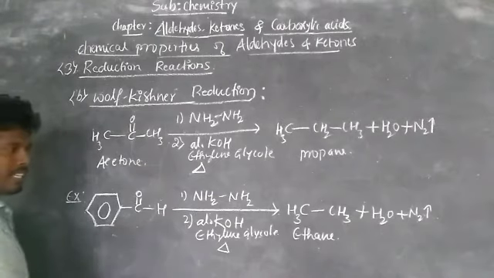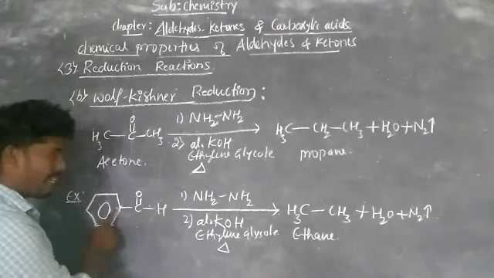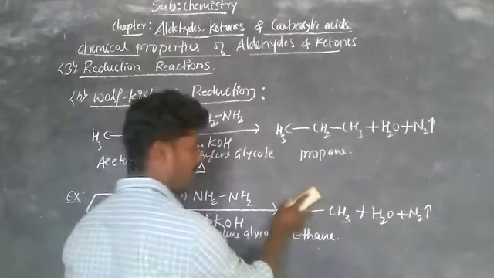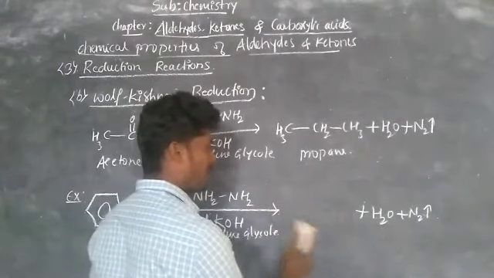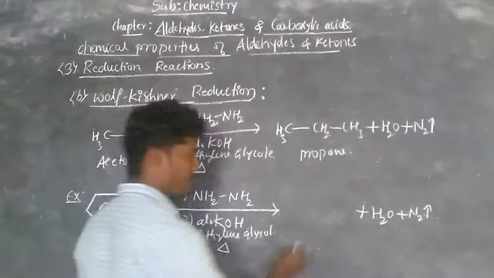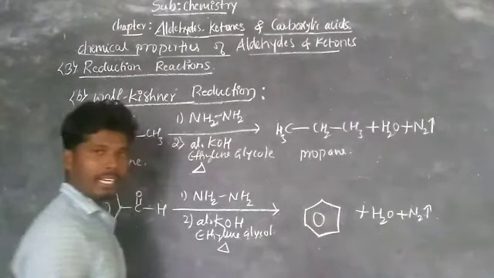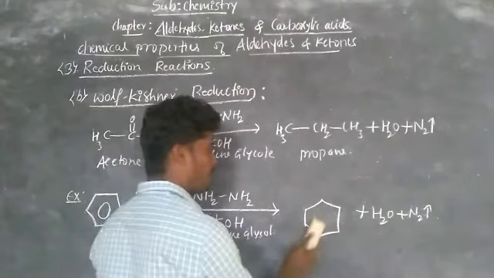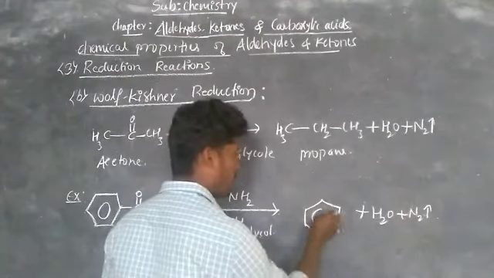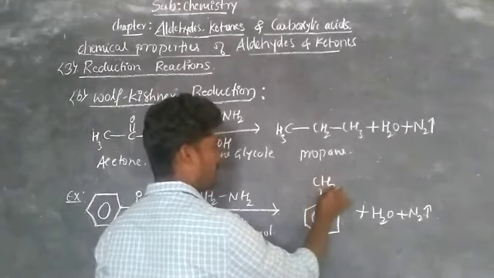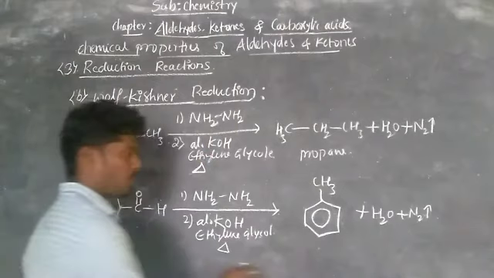You get benzaldehyde. This is benzene, right? Benzaldehyde. After carrying out this reaction, what do you get? In place of CH3, write benzene. One CH3 remains the same as here. After completing the reaction, you get toluene from benzaldehyde.